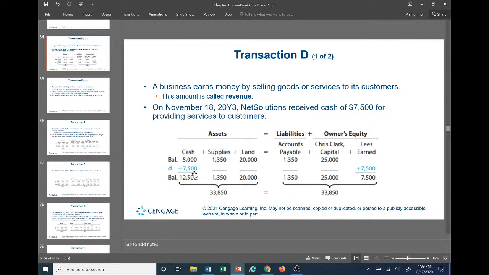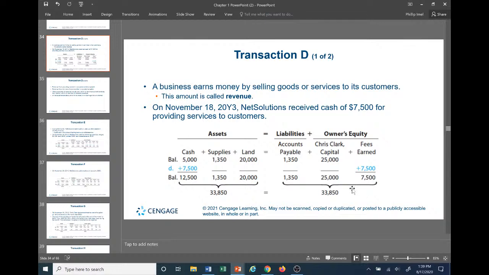Long and short, this is your debit entry, because assets are debits, and we're going to get to this later. I'm going to really focus in on making sure everyone knows double entry accounting, because that'll help explain this too. But for now, just know assets increase because we provided a good or service. And at the same time, by providing a good or service, assets are increasing and equity is increasing as well, because we've just created a revenue. So there's our fees earned, $7,500.